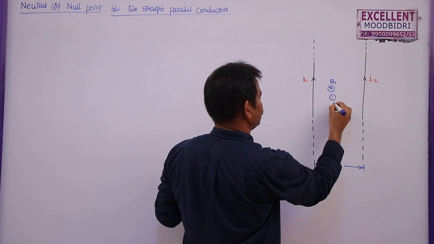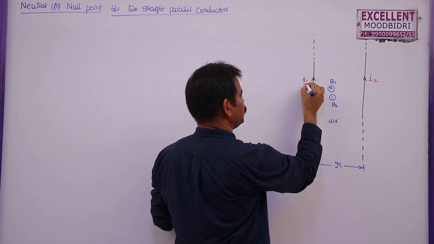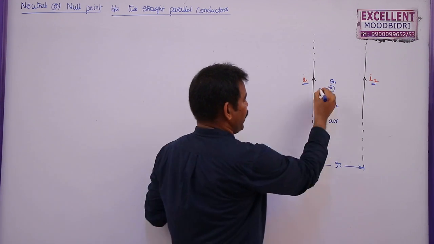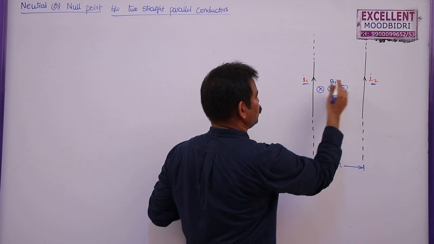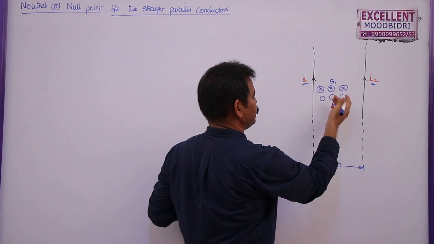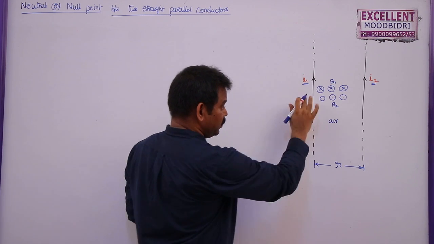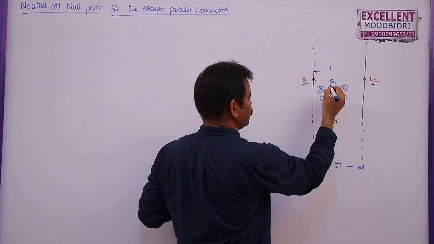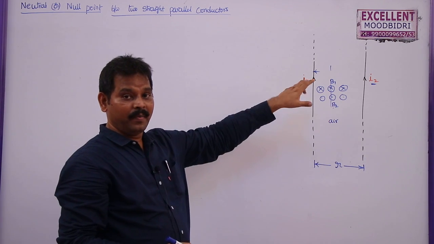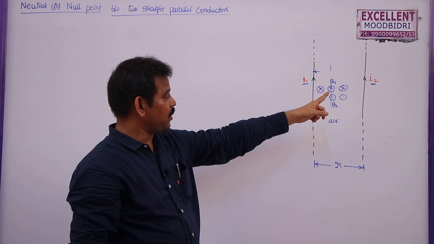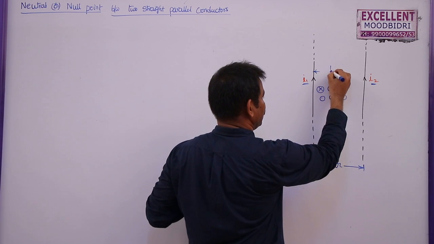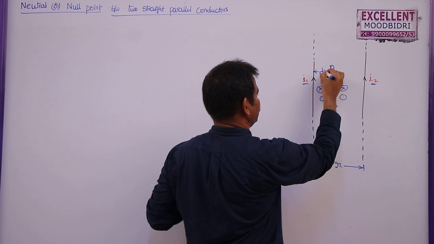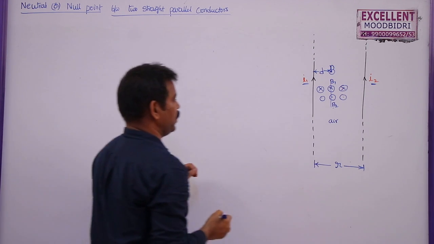This is B1, this is B2. B1 is due to this current, B2 is due to this current. So the magnetic field here is into the paper due to this current, and out of the paper due to the other one. So between these two, somewhere the magnetic field may be equal and opposite. That point where the net magnetic field becomes 0 between two straight current carrying conductors is called a null point. Let us say this is a null point, at distance d from this one. N is called a null point.